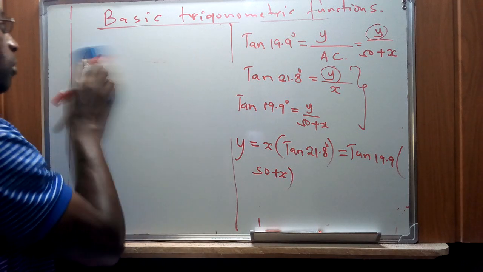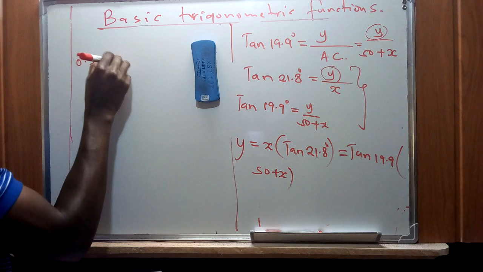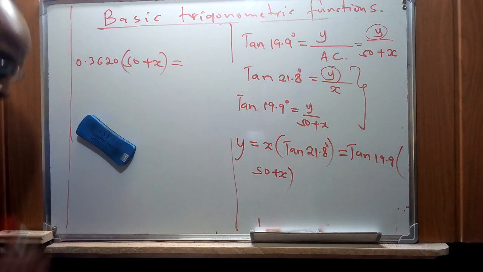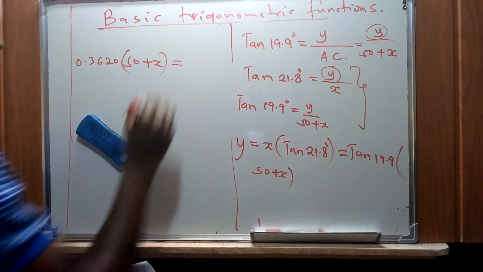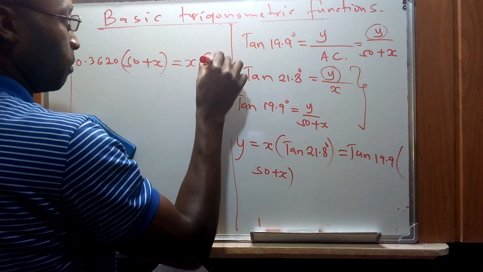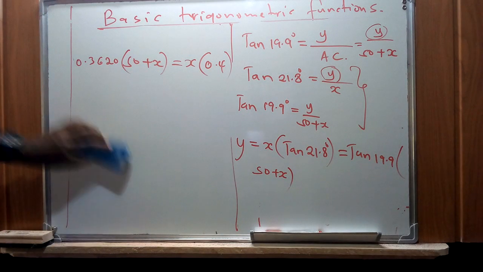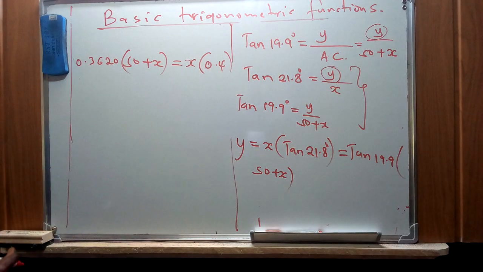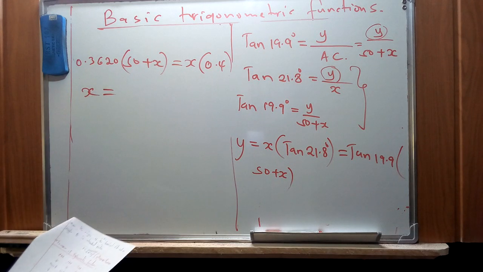So basically I can just do a rearrangement for this, to be appropriate. So 0.3620 into 50 plus x, which is y, is equivalent to x, the tan of 21.8, which is x into 0.4. I hope these figures, which we read direct from the table, are correct. I hope that I've made a correct reading, and we can confirm. But for this we are going to solve for x and find out that the value for x is going to be